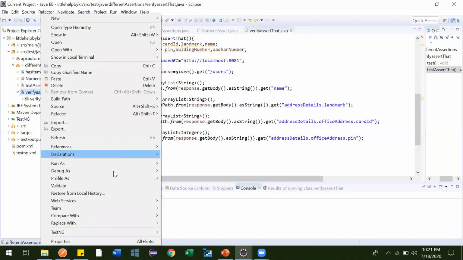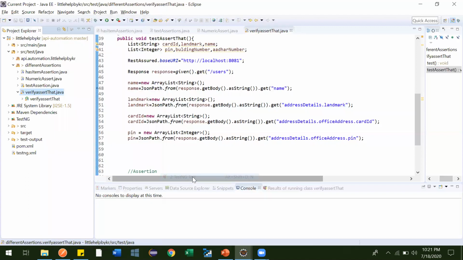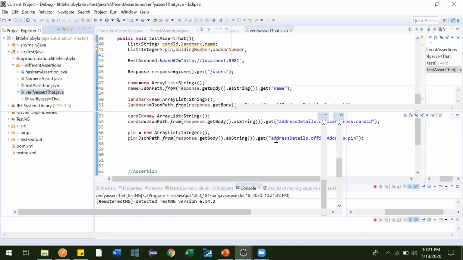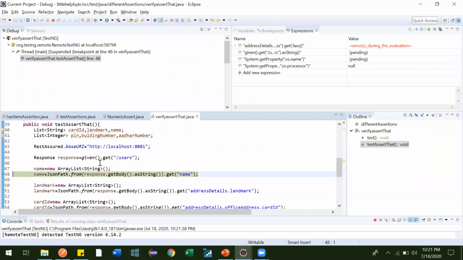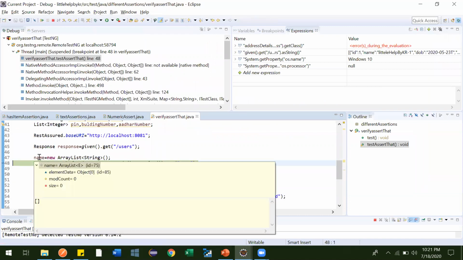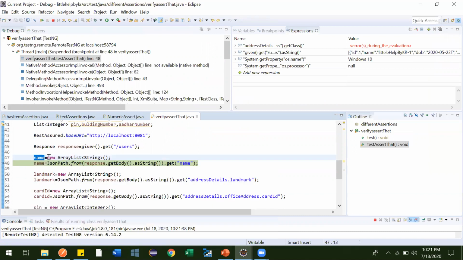Let me debug this. So see, now the name. Currently name is not having anything, it has just initialized one collection object. Now let me press F6.